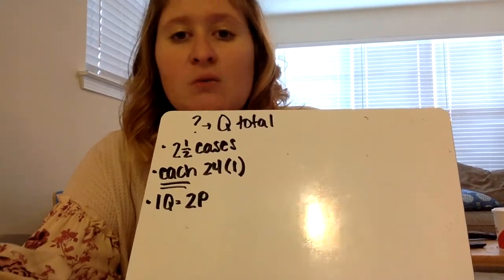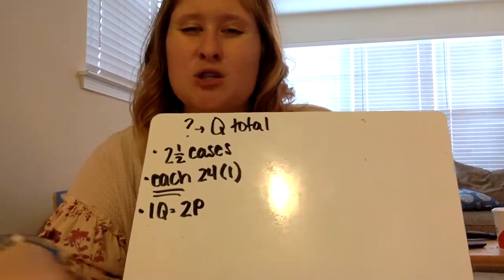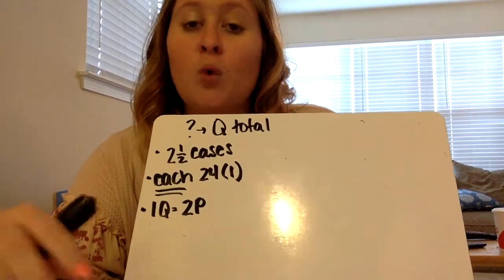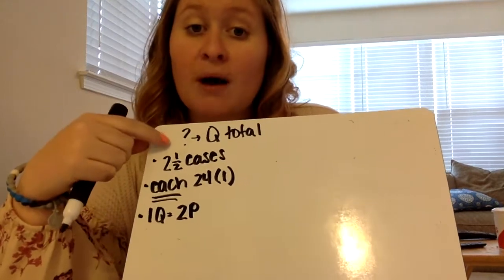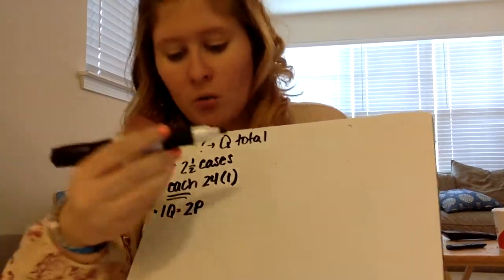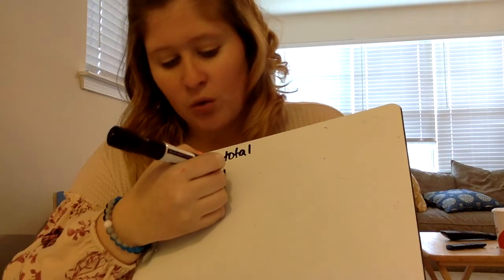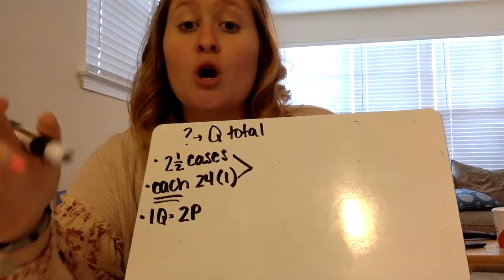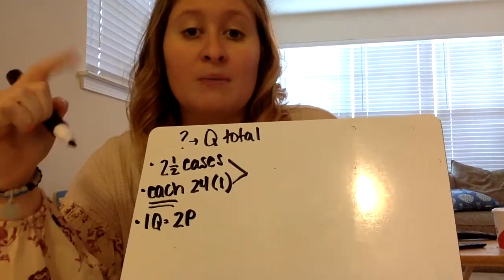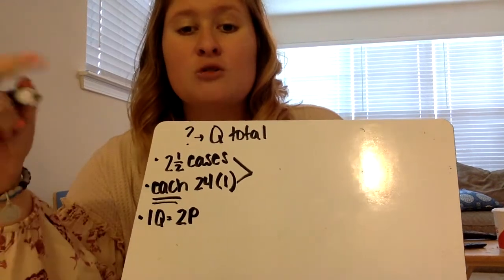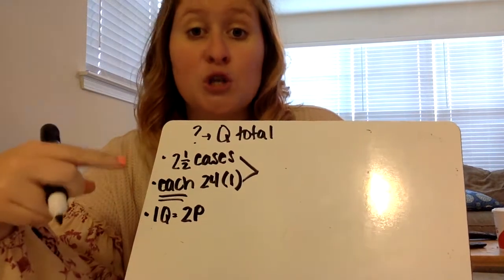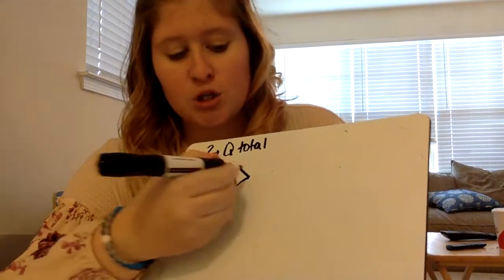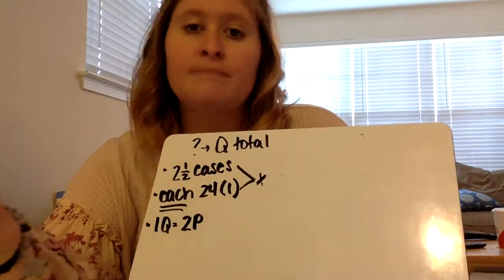Okay. So the first thing I want to do is figure out, well, how much water did they drink total? So I'm going to look for what information was about water bottles. 2.5 cases was about water bottles. 24 was about water bottles. So I want to know how much they drank total. So the word total, I know I'm either going to be adding or multiplying. So think to yourself, what would be easier? Doing 24 2.5 times or trying to multiply these together? So let's multiply them. We are looking at 2.5